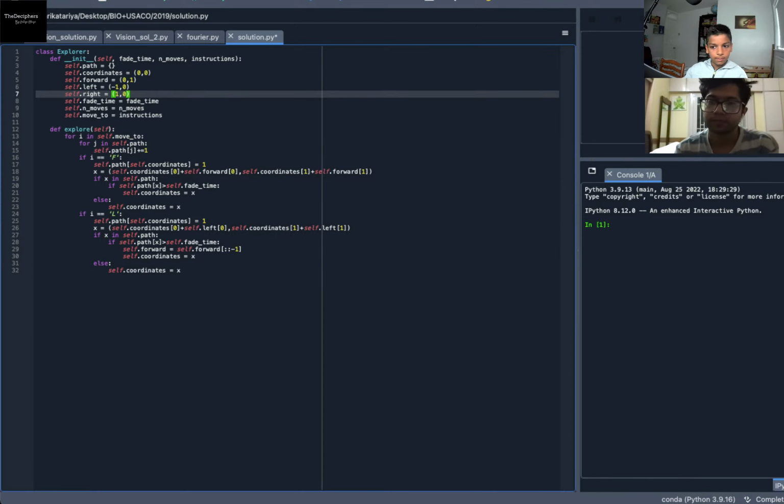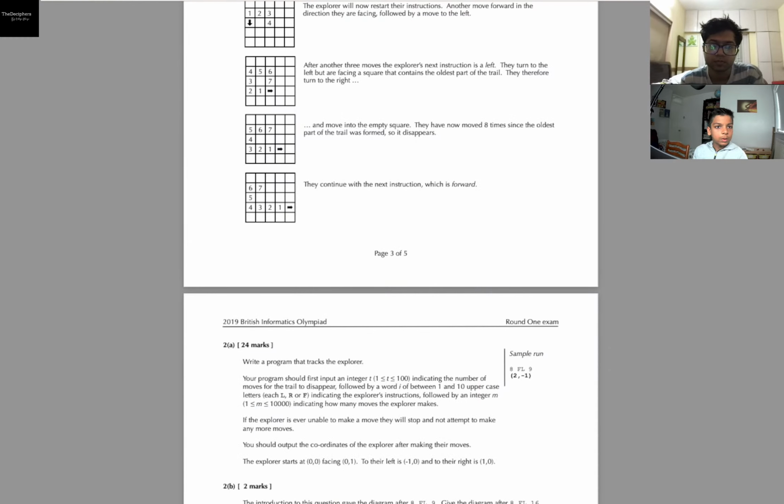Let's just see the initial one. If we go to the question, it says to the left is minus 1, 0, and to the right is 1, 0. Yeah, it's at the start, like when it's at 0, 0. Front facing is 0, and we are going to update it